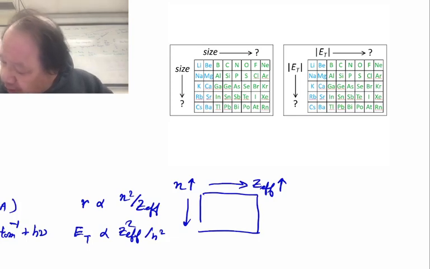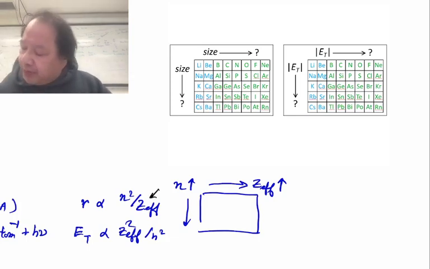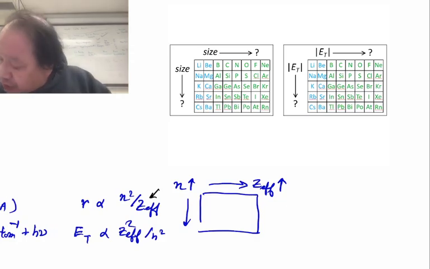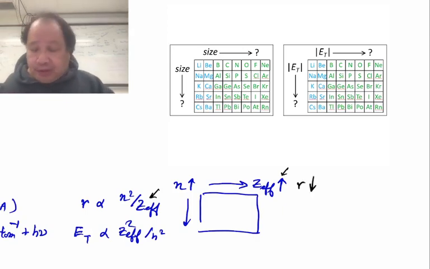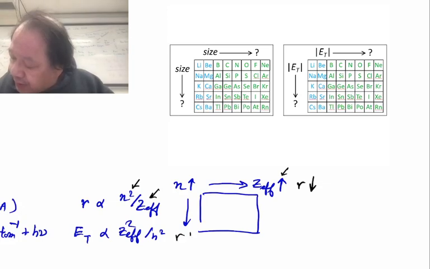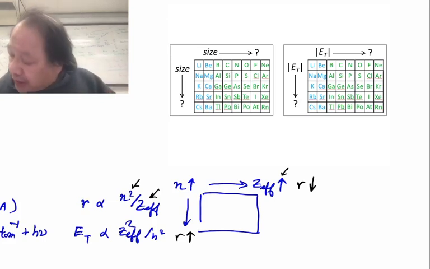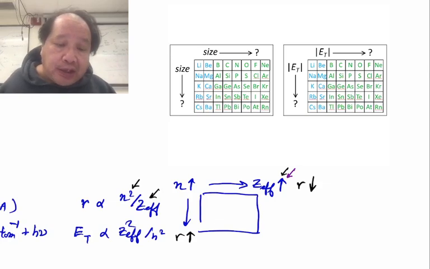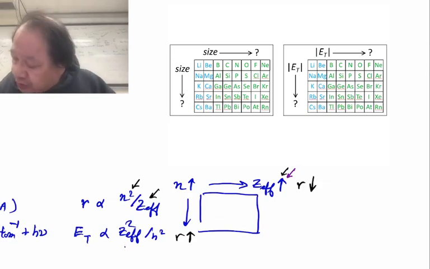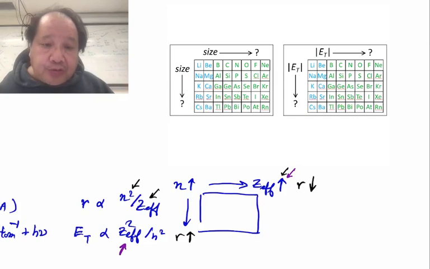Going to the right, Z effective is in the denominator. Z effective is getting larger, and if Z effective is getting larger, R, since Z effective is the denominator, is getting smaller. And similarly, we can go down. Going down, n is dominant. n is in the numerator here. Therefore, R is getting bigger. And we can look in the same way at the energy. Going to the right, again, Z effective is getting larger, but now Z effective is in the numerator, and therefore the magnitude of the total energy